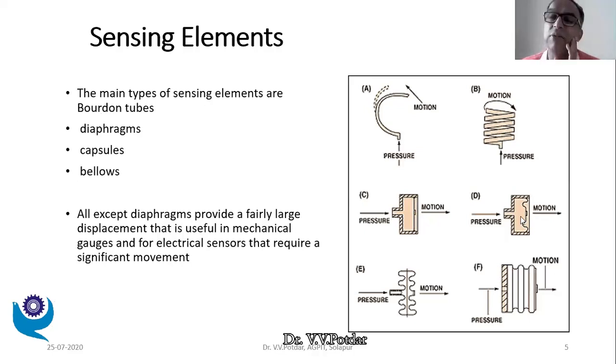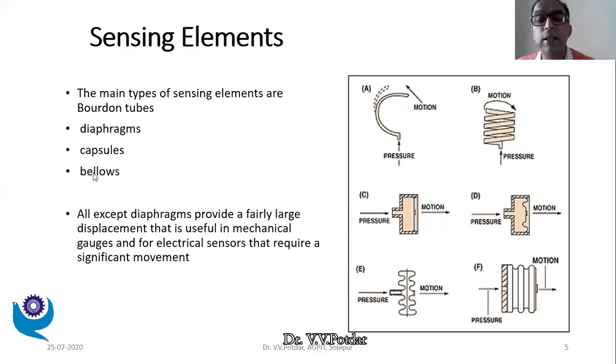We have a number of varieties of diaphragms which are practically used in industrial applications. Another type is a corrugated type of diaphragm, right? Which can maybe provide me more displacement. This flat diaphragm might give me small displacement corresponding to a given delta P, given pressure. Here I might get more displacement. So depending upon the range of my pressure sensing requirement, I choose either corrugated diaphragm or flat plate diaphragms. So this is the second variety of pressure transducing or pressure sensing elements.